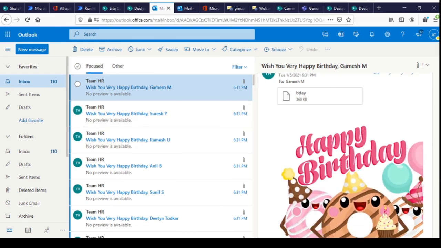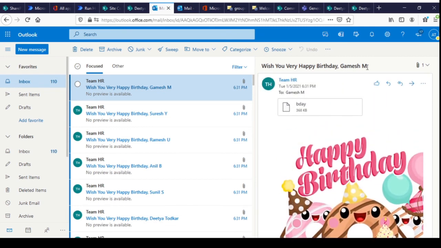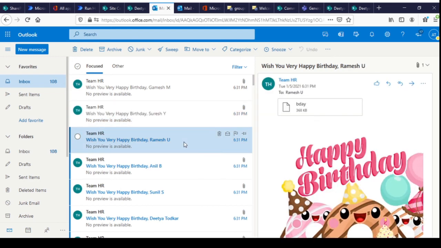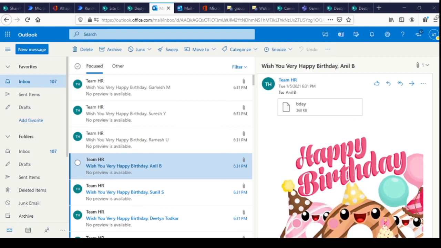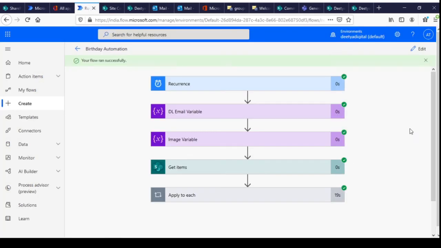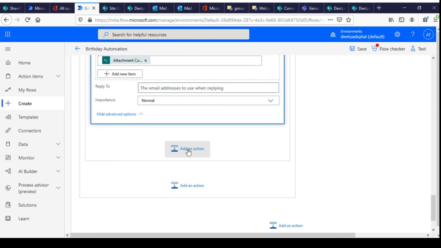This mail has this particular attachment, mail body. His name is appearing in the subject line.